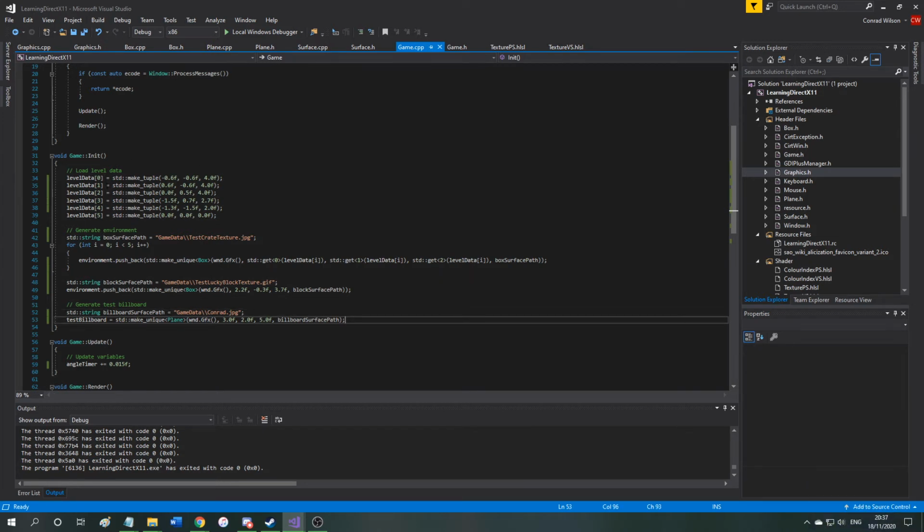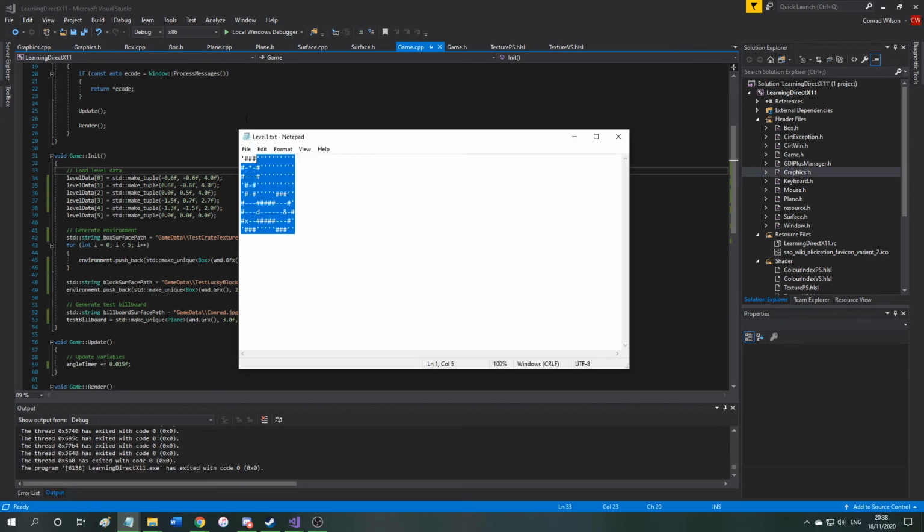And for the reading in data process, I'm going to create a file extracting function next week. That's one of my first goals, as well as getting a camera up and running, because I haven't quite got that yet. But in terms of the level design in the file, I thought something like this would be nice,